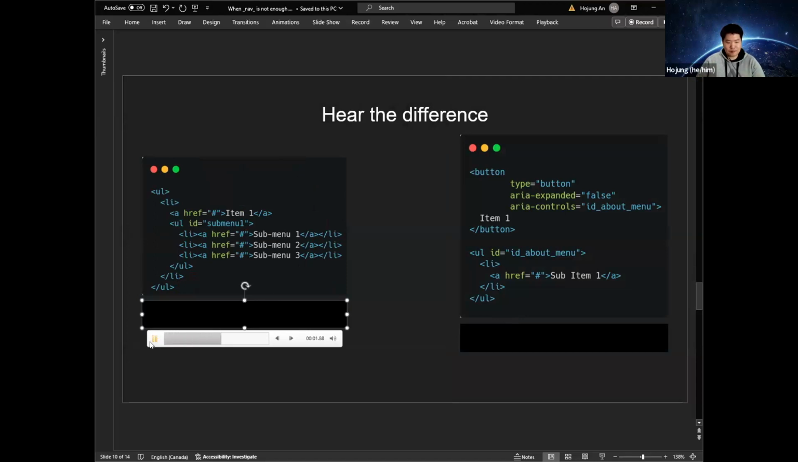Navigation landmark list with 3 items. Link item 1. Right. Again. Navigation landmark list with 3 items. Link item 1. Right. So